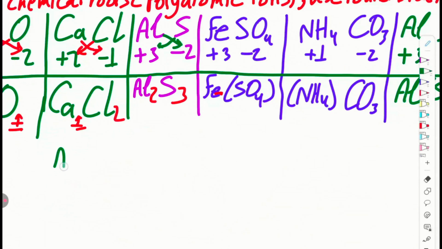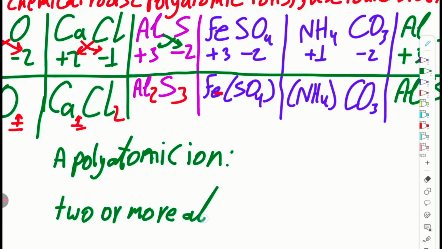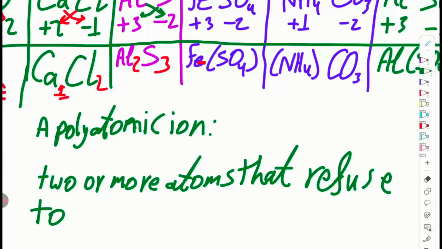What is a polyatomic ion? If we understand the definition of a polyatomic ion, we are going to understand why we have to use the parentheses. A polyatomic ion is 2 or more atoms that refuse to be separated